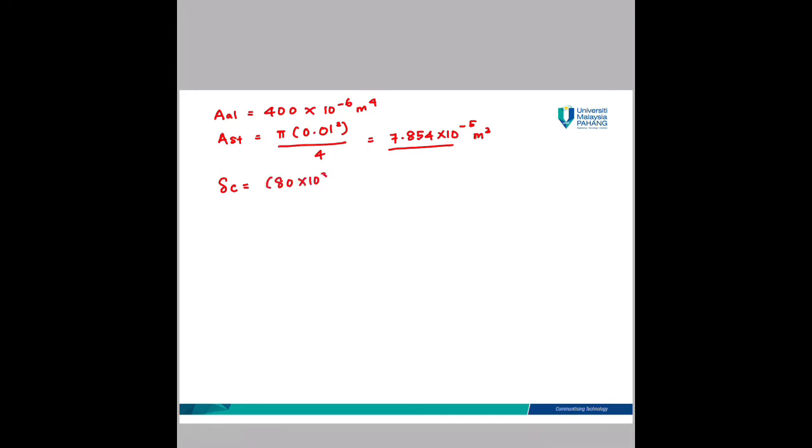For AB, you already have the area for aluminium, which is 400. I convert it to meter. For steel, you can calculate, which is pi d square over 4. Then you will get your area, 7.8 times 10 negative 5 meter square. And then you can calculate the displacement at C is equal to PAB, which we already calculated, 80 times 10 power of 3 because of kilo. And the length based on the figure is 0.4 meter divided by area, which is 400 times 10 power of negative 6, and then your E 70 times 10 power of 9